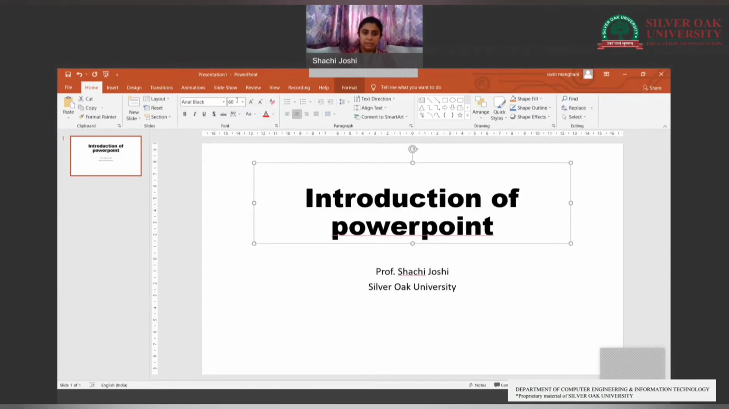For example, this size will be 60. I can make it bold or italic or underline anything. Okay, I can change the color of that particular text also. I can change the alignment of that particular text. Okay,